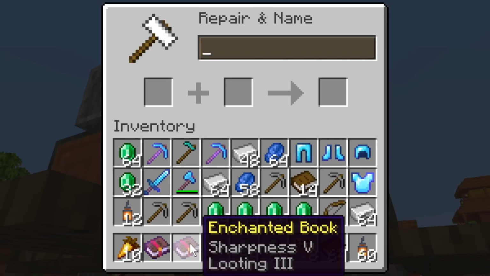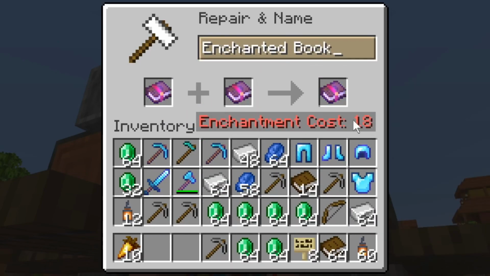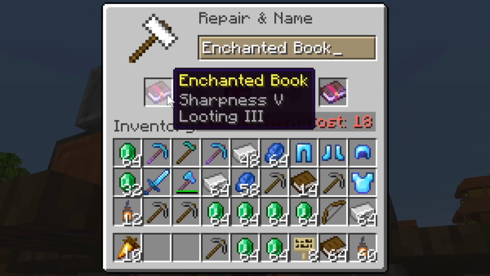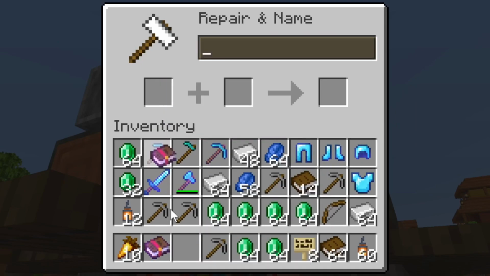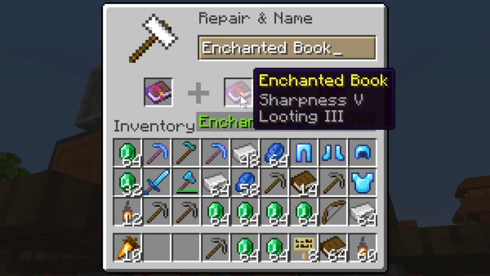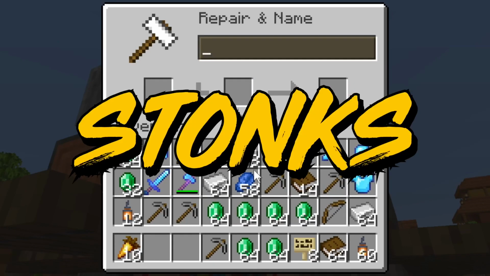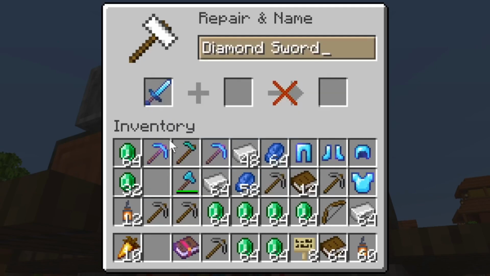So here's an interesting trick. Look, if I put this book first and then this book, the enchantment cost will be 18. It'll be calculated based on the more expensive one on the other side. So if I put in the book with 4 enchants first on this side and then this one, only 15. So that's great. I'm back to level 1, and now I'm gonna need to enchant this sword, and let's check